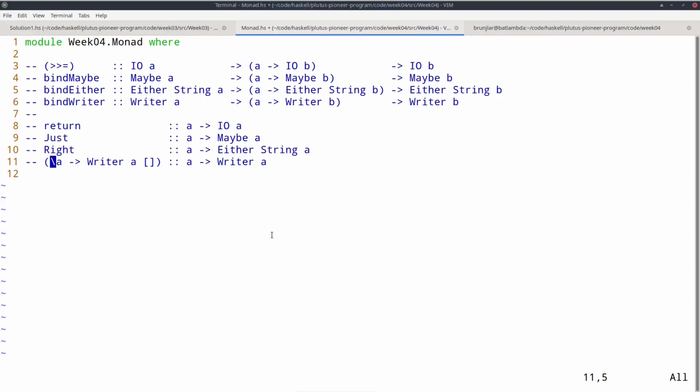So given an A, we can produce a log-message-producing computation of type A that doesn't make use of this possibility to produce log messages and simply doesn't log and immediately returns the result. And the combination of these two features, the possibility to bind two computations together and the possibility to construct a computation from a pure value without making use of any of the potential side effects, this is what defines a